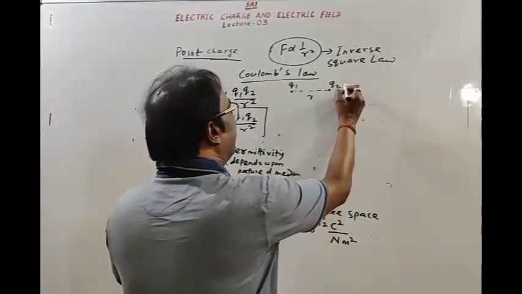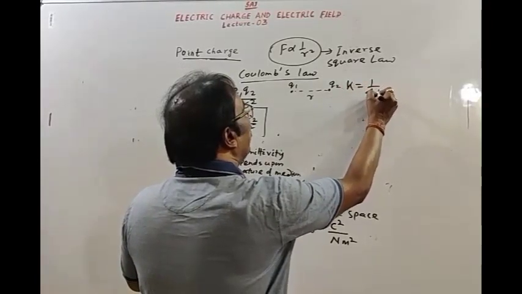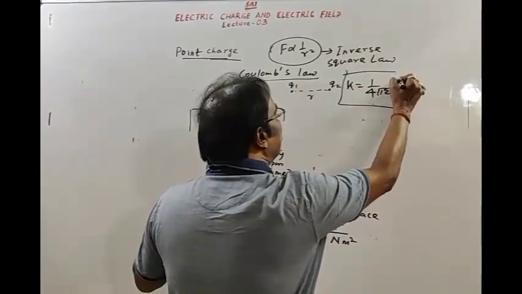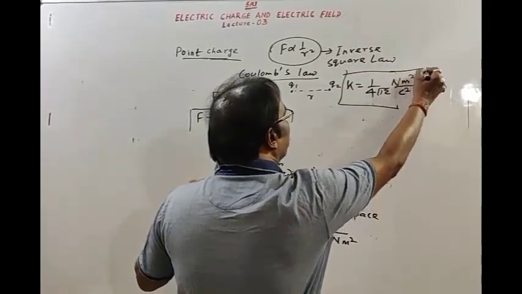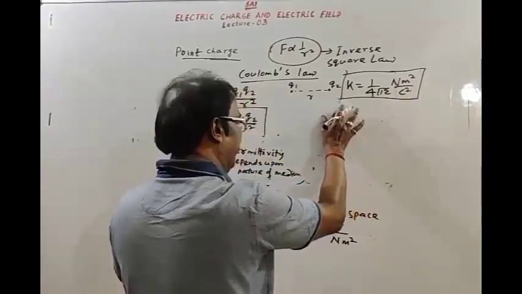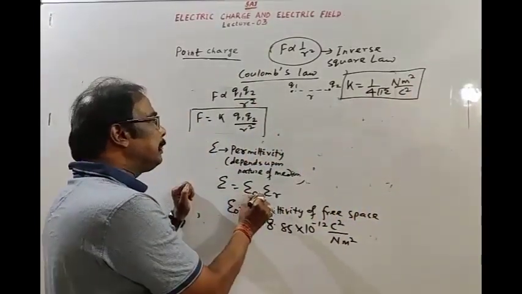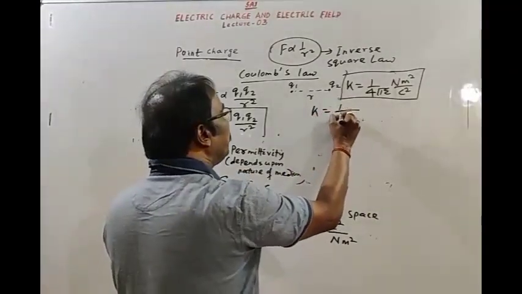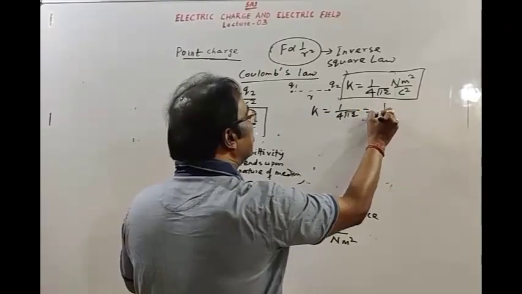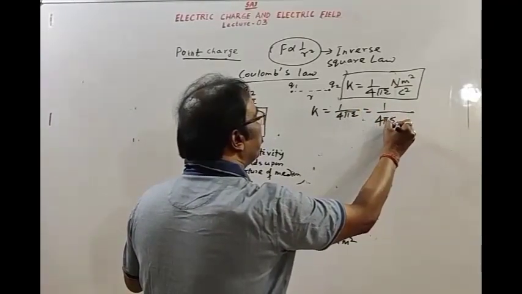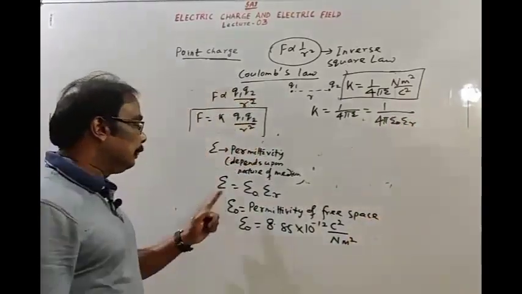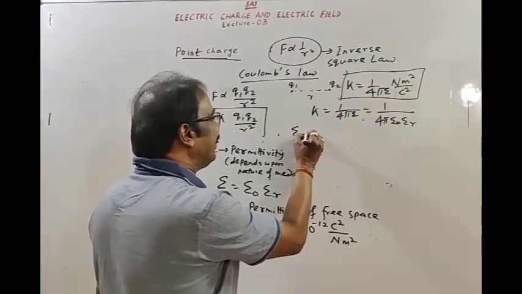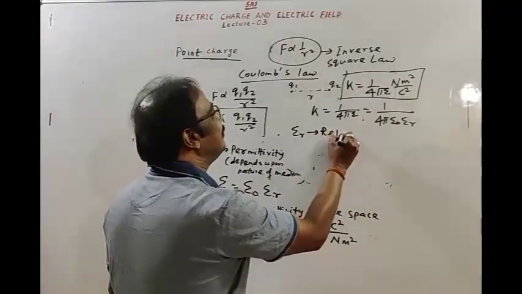K is 1 by 4 pi epsilon naught, and the units we have written are Newton meter square divided by Coulomb square. Okay. Then epsilon is equal to epsilon naught into epsilon r. K is equal to 1 divided by 4 pi epsilon, so K is equal to 1 divided by 4 pi epsilon naught into epsilon r in place of epsilon. Okay. Then now epsilon r, which is called as relative